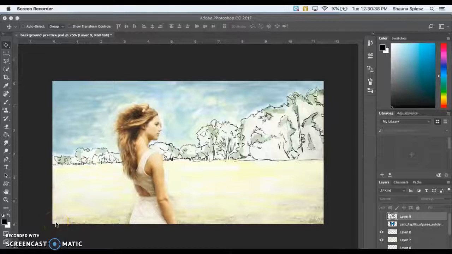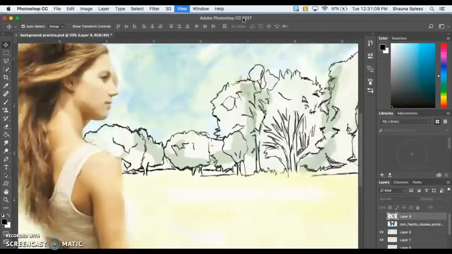This tutorial is going to talk a little bit more about creating an interesting background using the tablet and leaving your main focus, or the person in your photograph, just a regular photo, and again just having the background drawn with color added to it. This image is an example of having the background added, so you can see if I zoom in that the